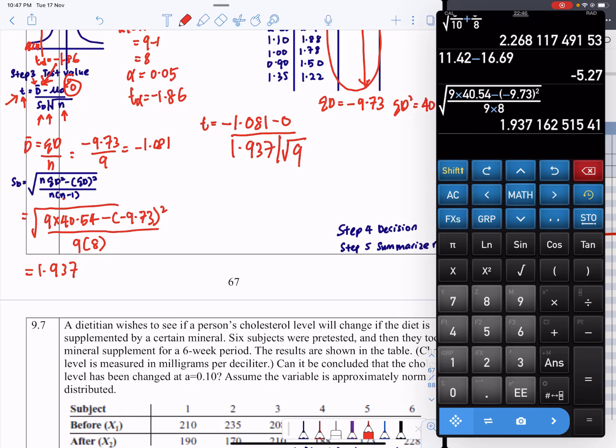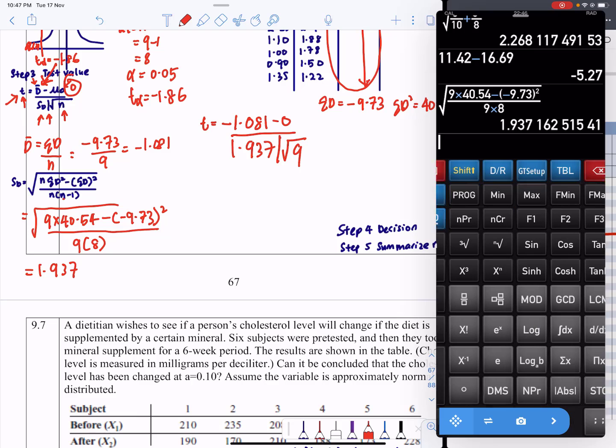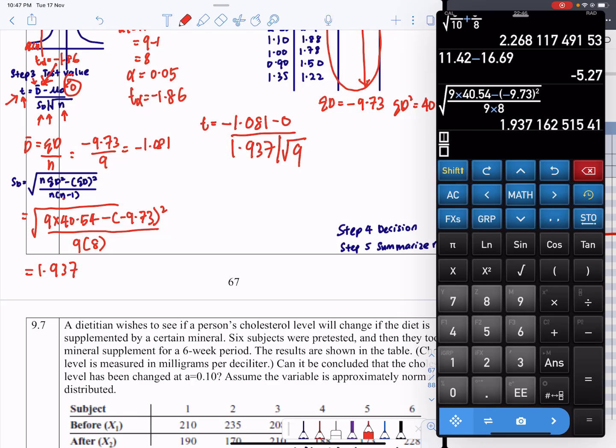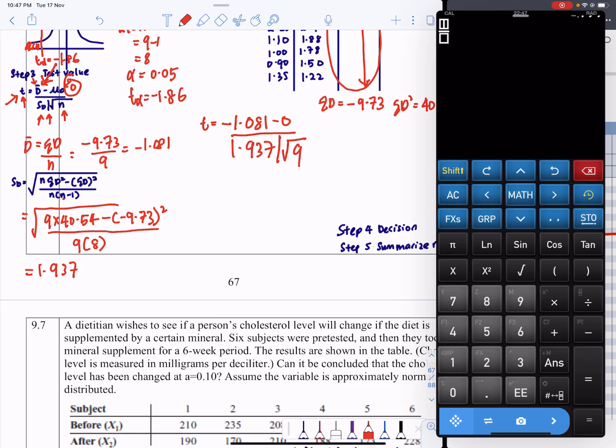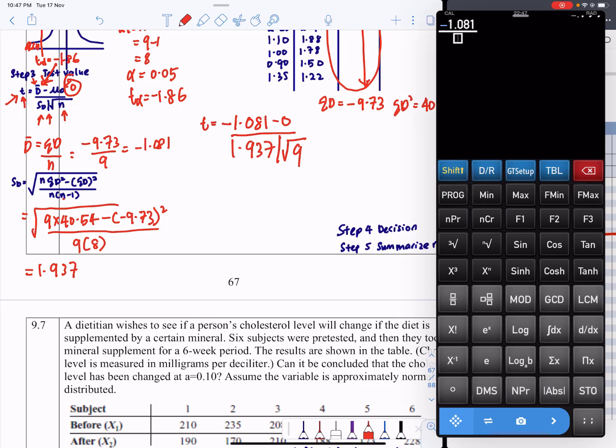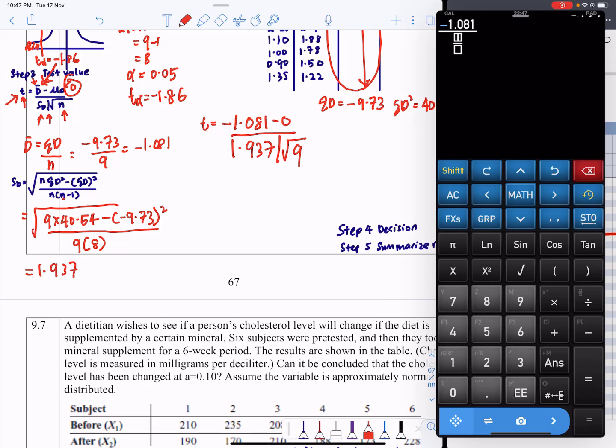Okay, and then we have a fraction here: negative 1.081 at the top, and at the bottom we have 1.937 over square root of n, 9, equals to negative